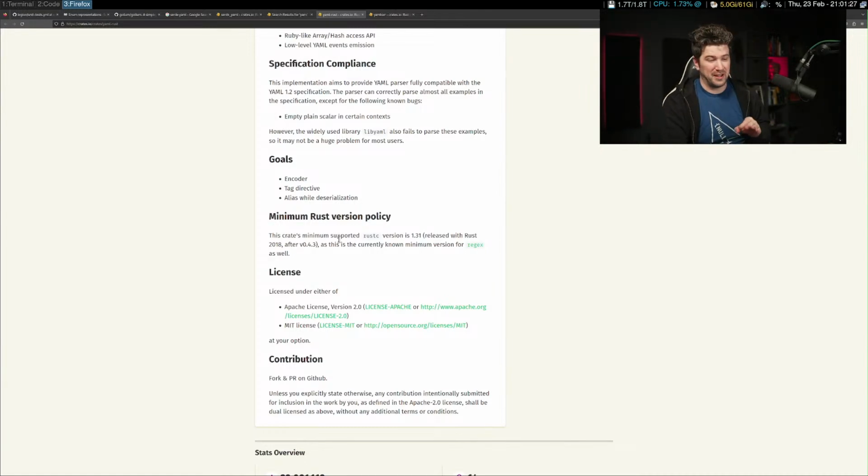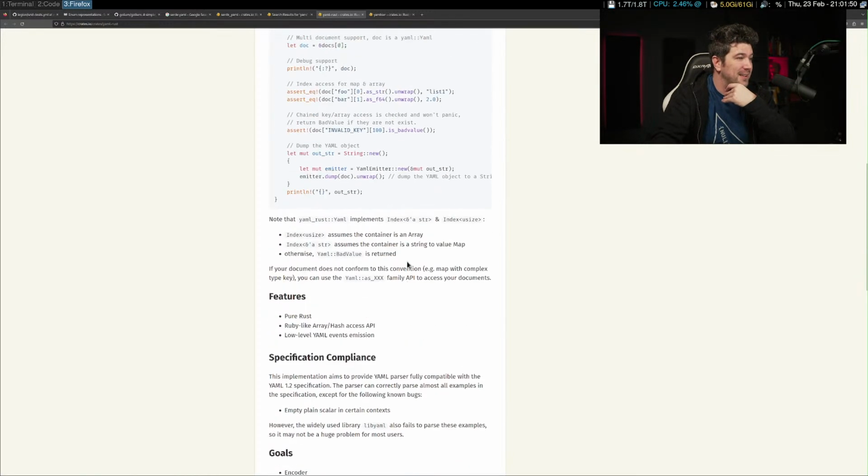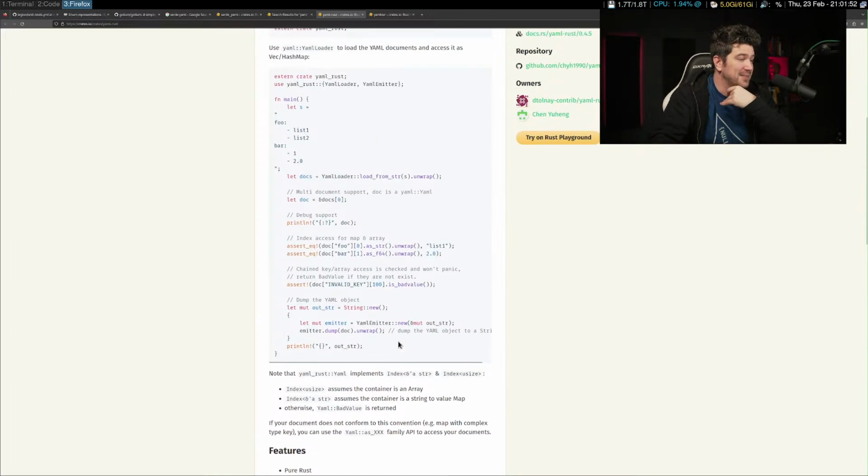YAML is just like jumping off. It's like giving up TypeScript for JavaScript because TypeScript isn't really types. It just is fake types on top of a typeless thing. Like, I did not understand. I had to walk away from that. It was like 6 p.m. for me, anyways, and I walked away from that meeting. I was like, I can't do this. I can't do this.